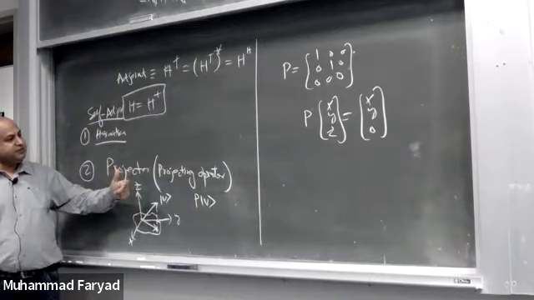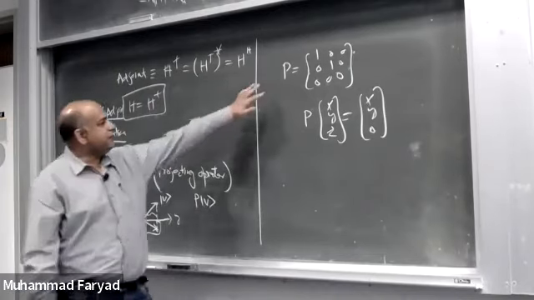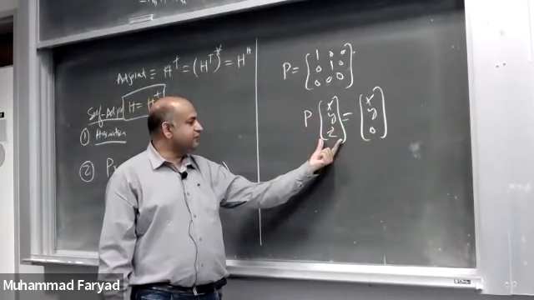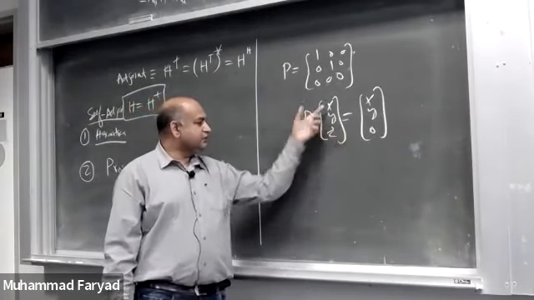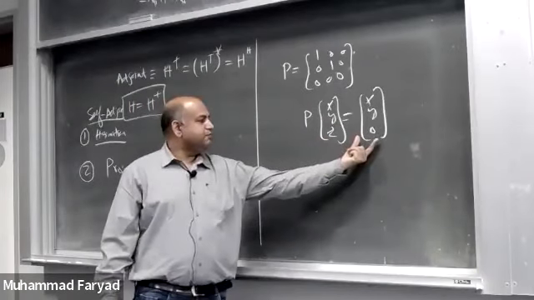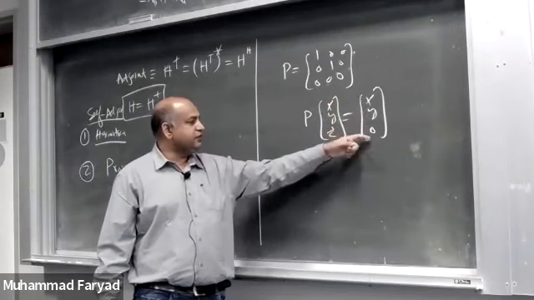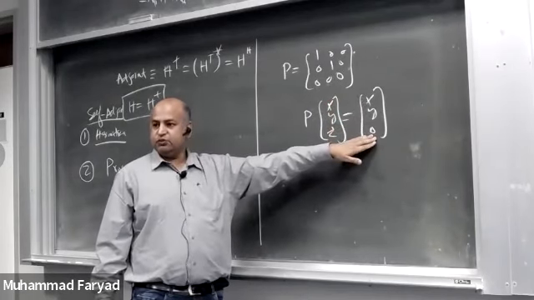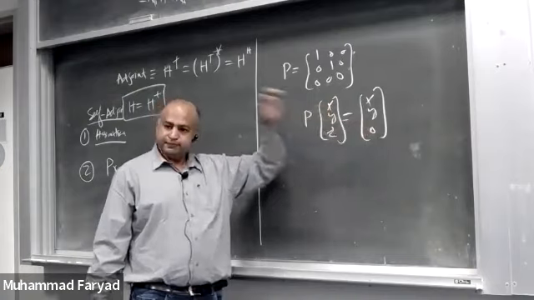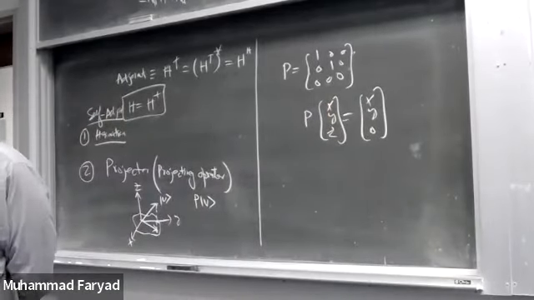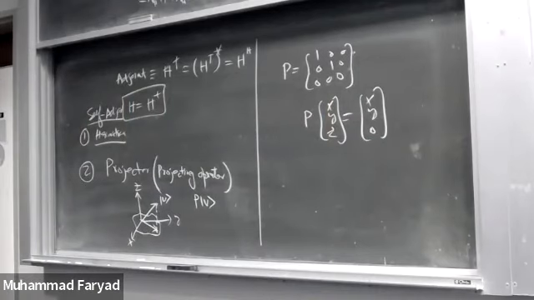But mathematically speaking, the way we have defined the projector and the way we have written the vectors, this is still a three-dimensional vector space, because this has a three, and this is still part of the three-dimensional vector space, because I'm not just writing x, y, I'm writing x, y, z, even though z is always 0. So this is a projector operator.